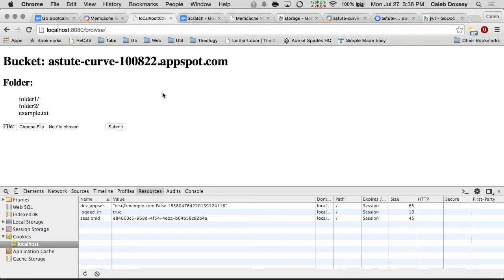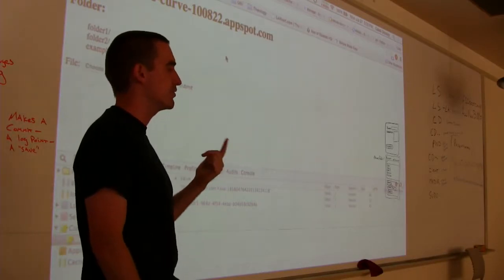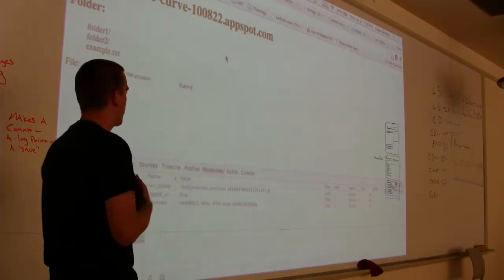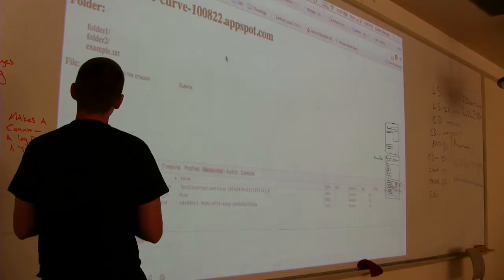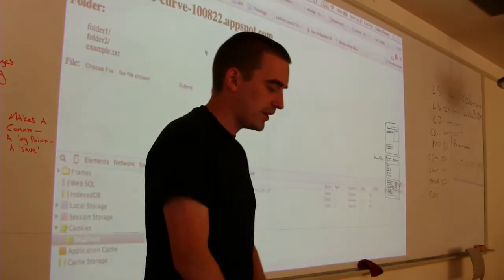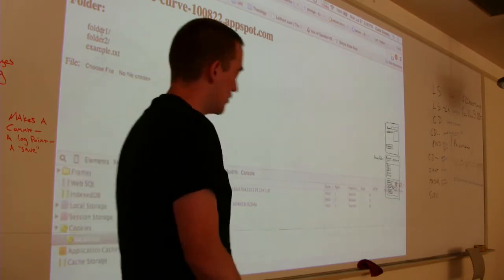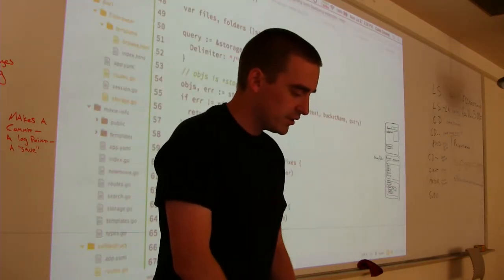There we go. So now notice how it puts the folders in the proper location because I used a delimiter. The delimiter is telling it how to break up the paths. Because remember, it doesn't actually implement folders, so they're kind of a made-up thing that we put on top of it. So we have to use that. Now the issue is that I want to be able to click a folder, right, to see it. So we can add that pretty easily